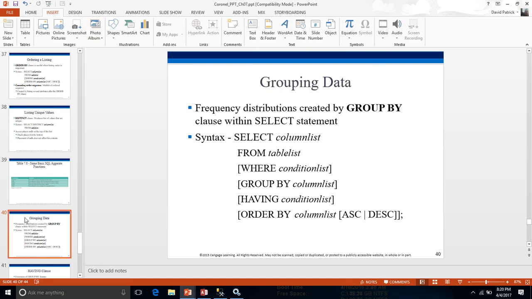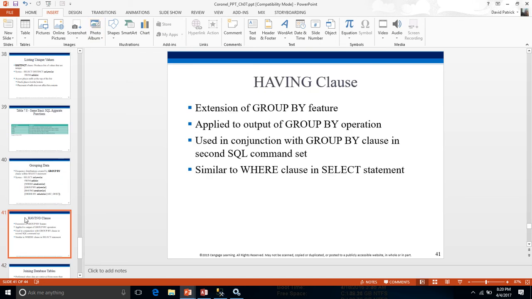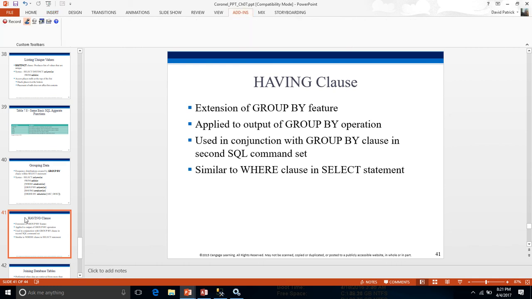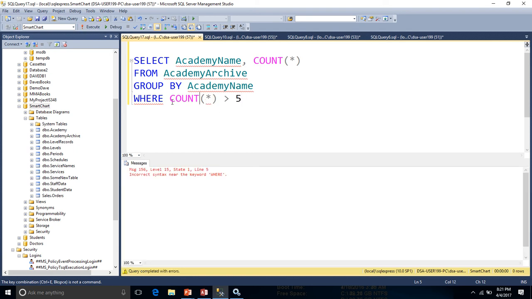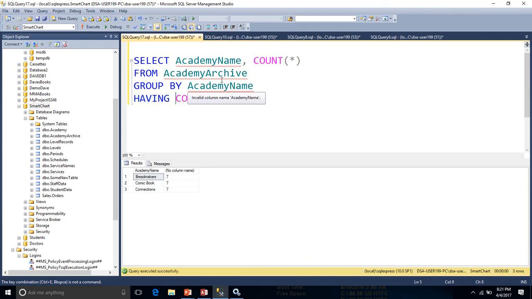What else with grouping? The having clause. The having is an extension of the group by, and it's basically a where clause that's applied to the output of the group by. So what if I said I only want to see records where the count is greater than 5? I can say group by that where the count is greater than 5. I'm sorry, having. Having. Right? So now I only see where,